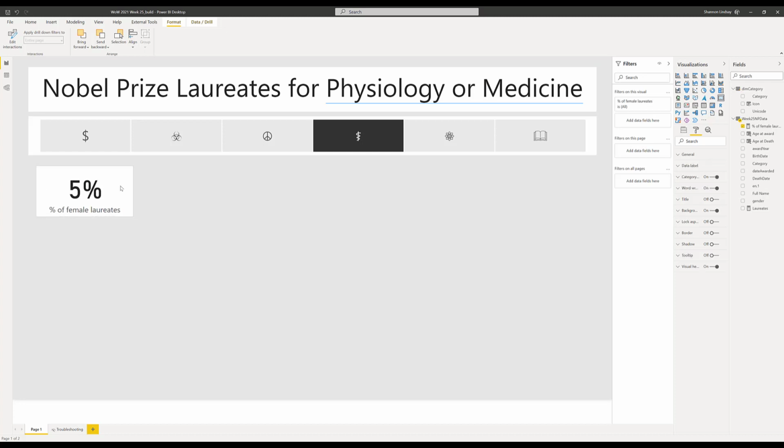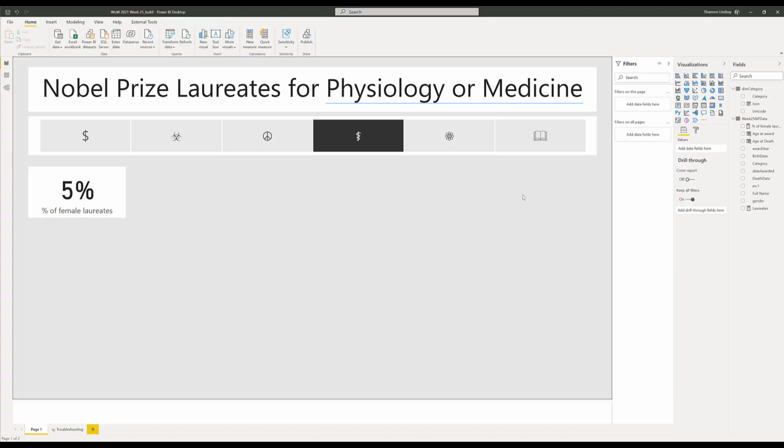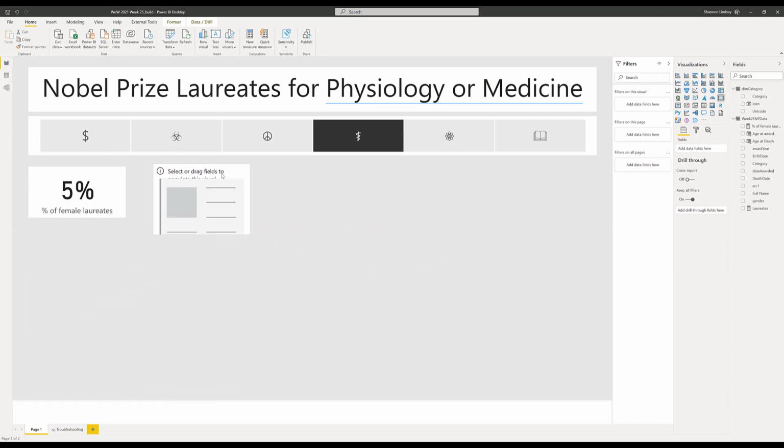Okay, now back to our card visuals. The next 2 card visuals we're going to add are the average age at award and the average age at death. So you can either copy and paste this, or you can add a new card visual by selecting it from the visualizations pane. I'm going to move it into place. And here we're going to use the